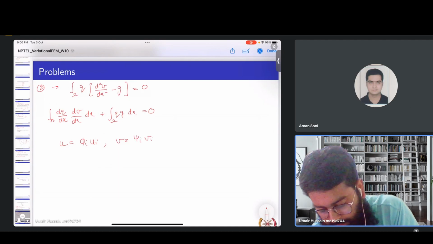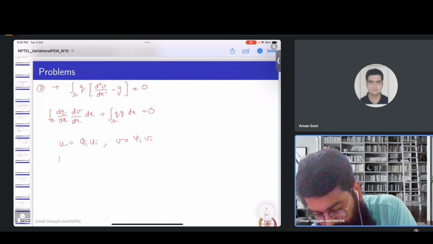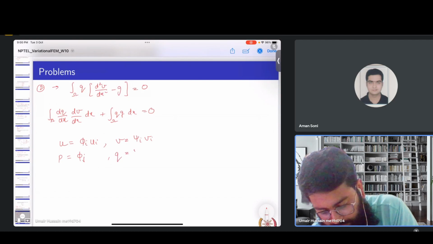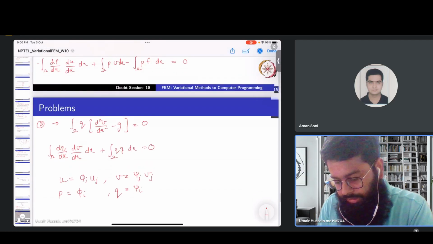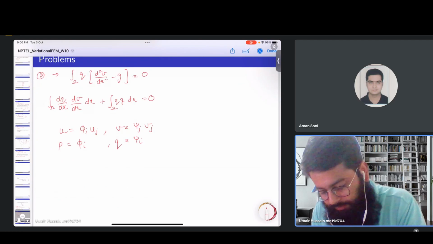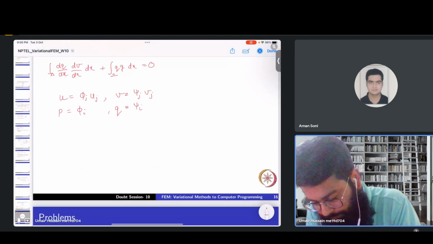For the first weight function we can give this, and for the second one we can use this, just to maintain the consistency. Yeah, this is better. So if we substitute these approximation functions in our weak forms,